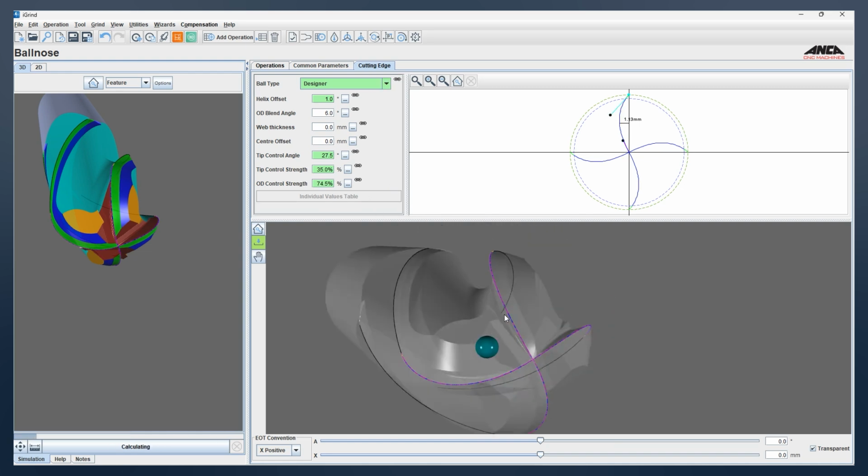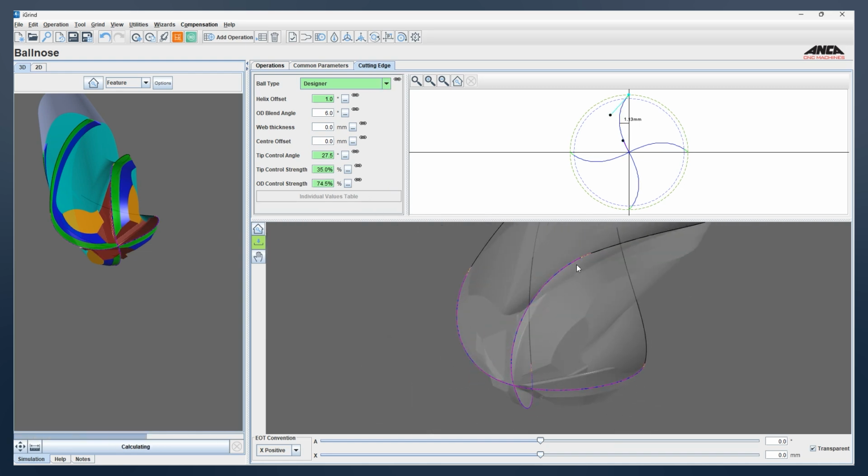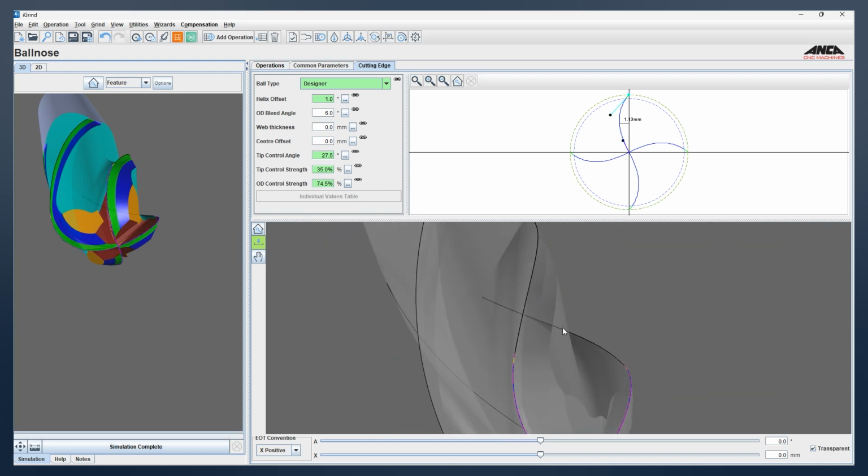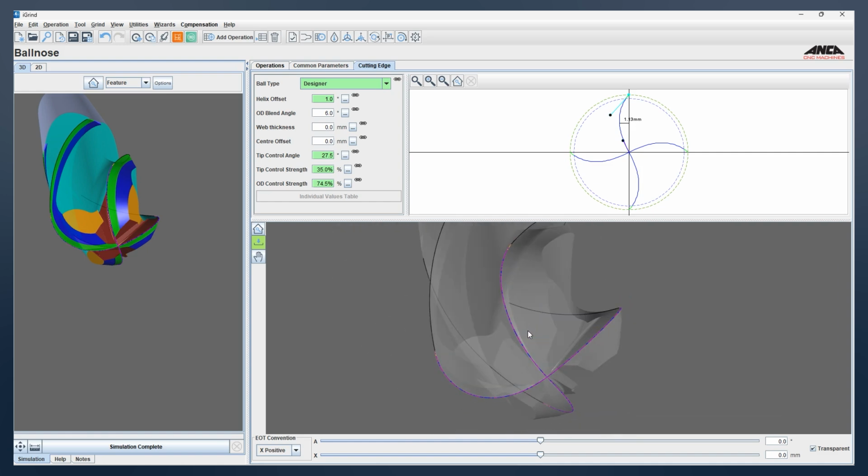Now you can see the model and the cutting edge actually are in alignment. And the helix, the OD, everything is aligned. Next stage, what we do is a 3D simulation of this and look at where the material is, and then we can bring it back and adjust some of the small parameters.